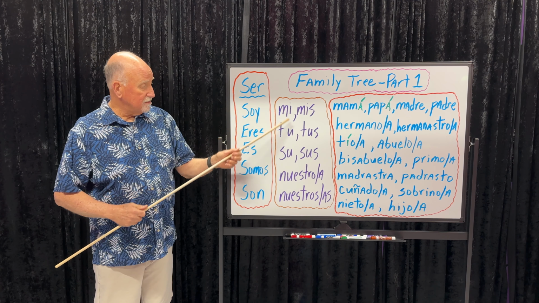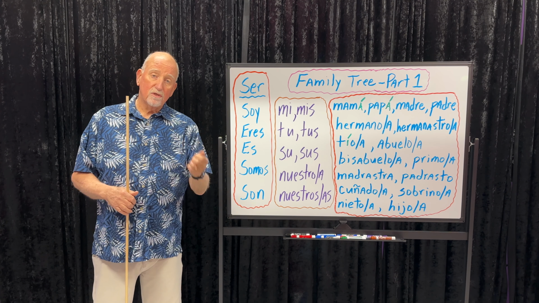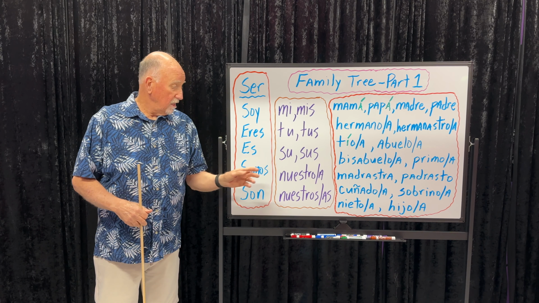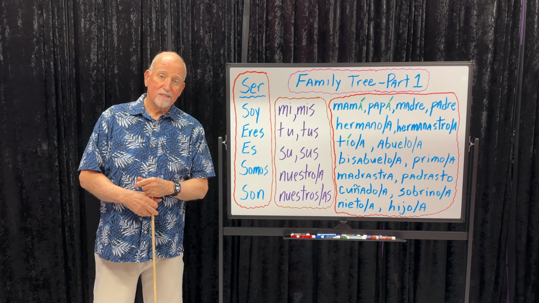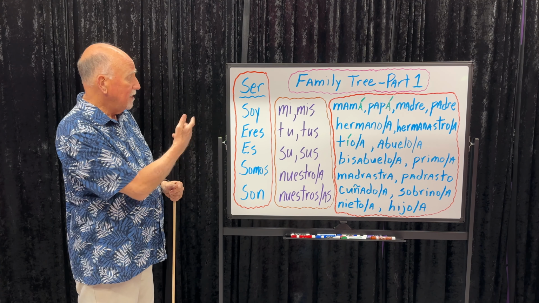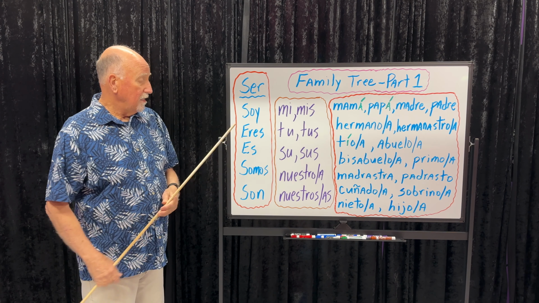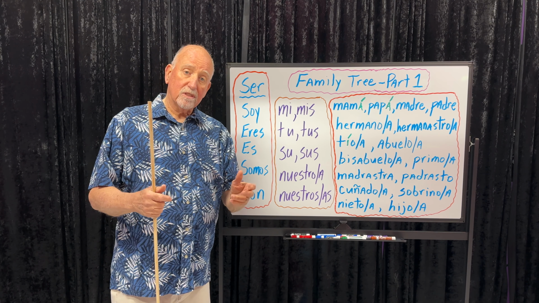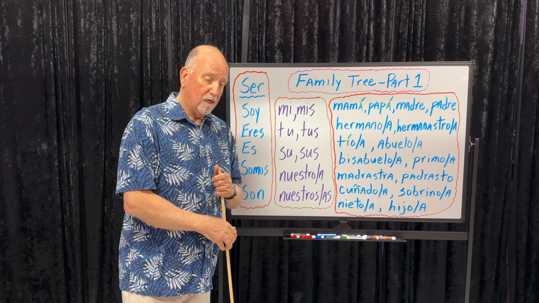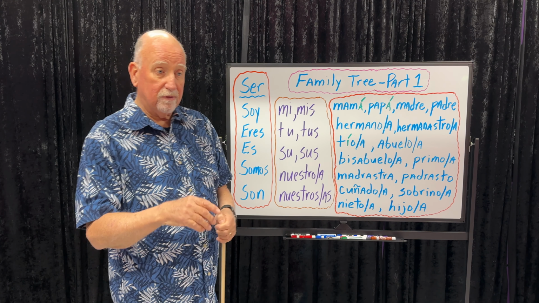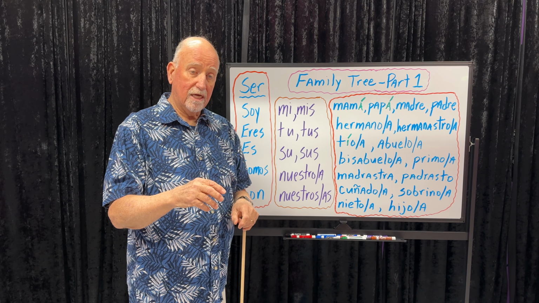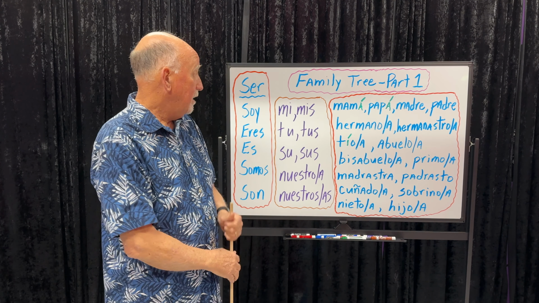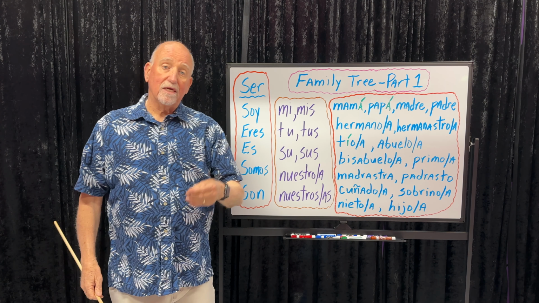We have our possessive adjectives. Mi and mis for my, tu and tus for your, su and sus for his, her, or usted, your, or its. We have nuestro, nuestra, nuestros, and nuestras, our. So we can combine these. Now if you want to make some of these plural, hermanos would be brothers, plural. Hermanos could be also brother and sister. Like if I'm talking about Mary and John, mixed gender, and I want to say they're my brother and sister, in Spanish we don't say son mi hermano y hermana, we just say son mis hermanos. And of course, if you have two sisters, you're going to say son mis hermanas.